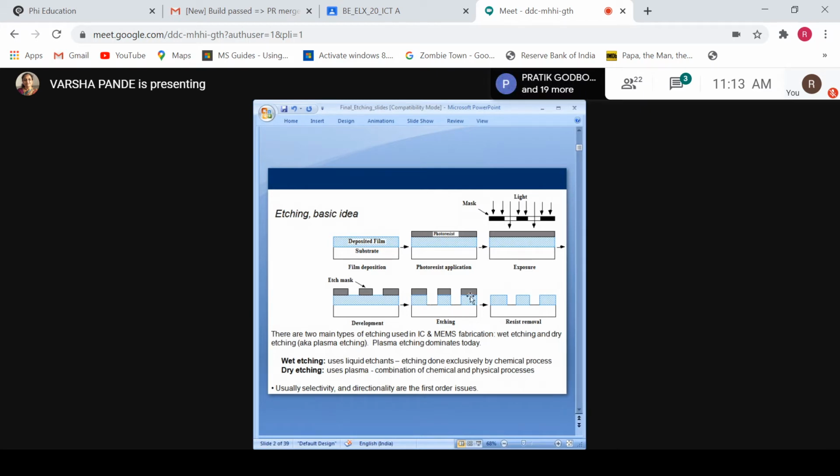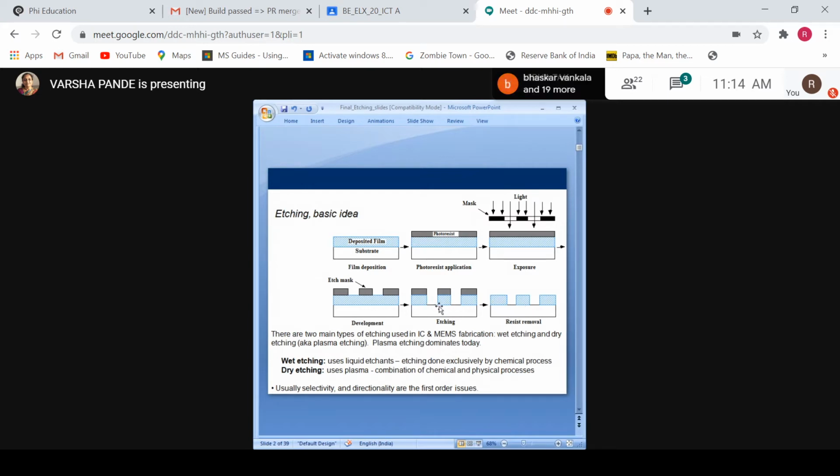And what is the purpose of this photoresist? Photoresist is used to protect the layer below or under it. Means above the silicon dioxide, photoresist layer will be there, and that silicon dioxide will be protected by the photoresist. Where it is not protected by the photoresist, only that silicon dioxide layer will be removed. And for that purpose, we require a photolithography.